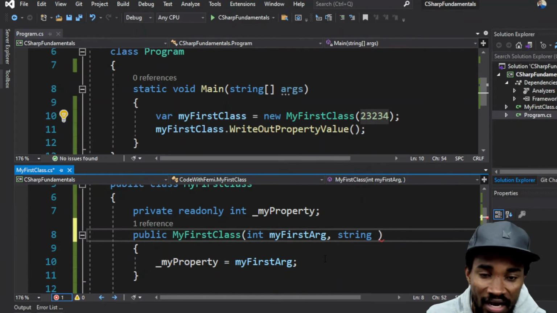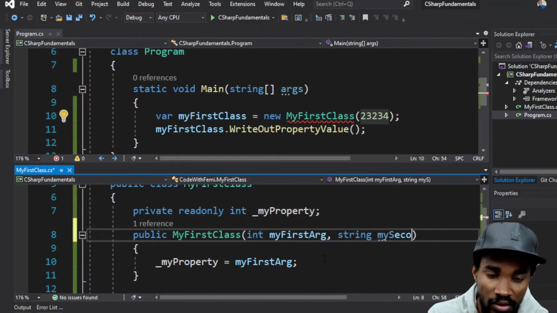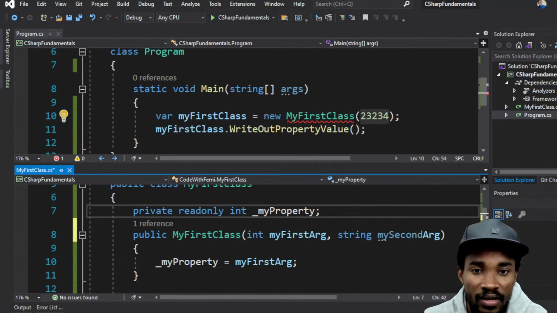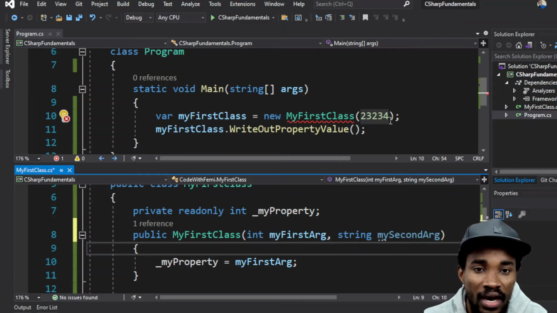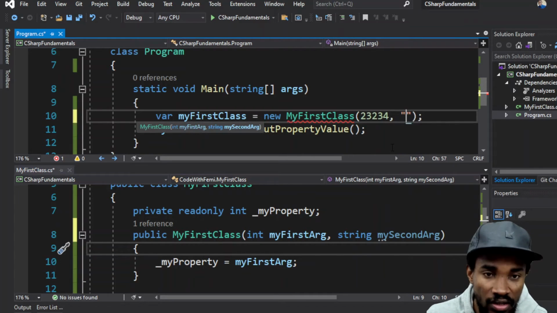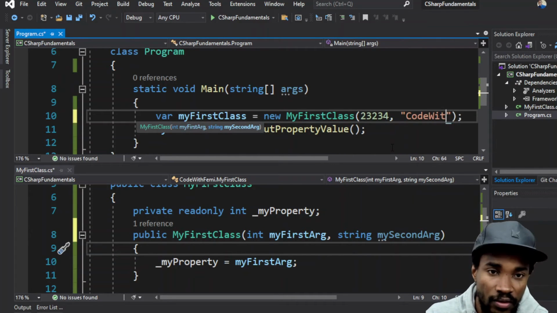as possible. So I can have another argument and say my second arg, like that. You can see that is red already because I've added a new argument onto this constructor, and all I have to do is say code with Femi. I can do this,